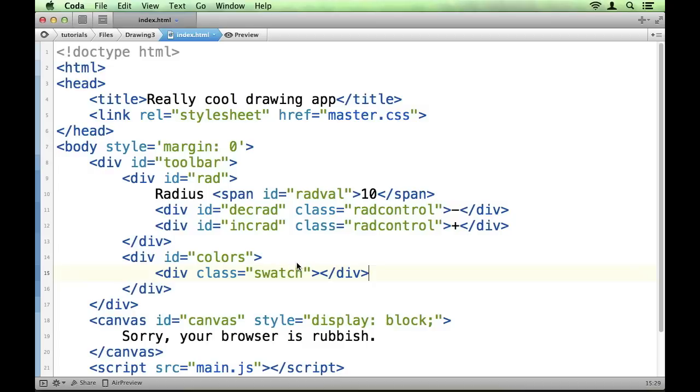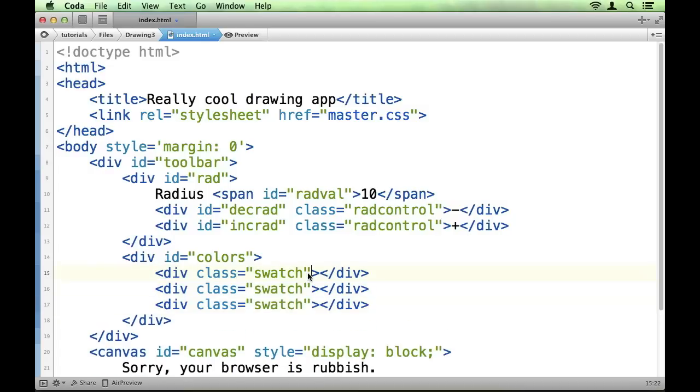I'm going to close that. I'm going to make about 3 of these just to test our styling with, and then I'm going to give one an active class. So if you're not aware, you can give elements multiple classes. All you have to do is separate the classes with a space, and then you'll be able to reference it by either one. So we're going to open up our CSS file,